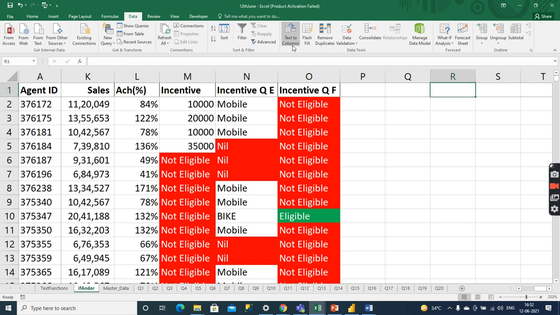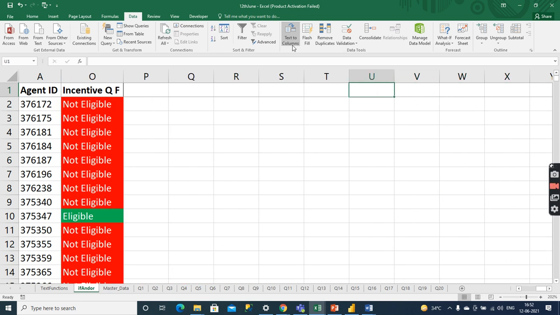So if I select Q1 here, I will get the incentive of Q1. If I select Q2, I will get the incentive of Q2, right? So I am going to create a grid here.